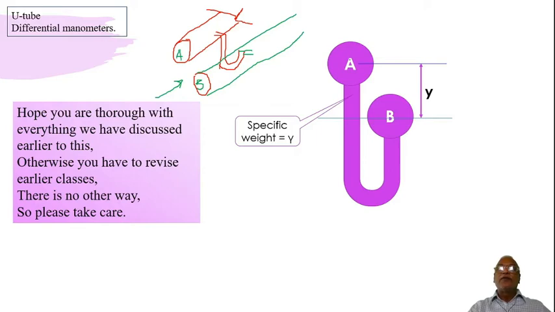Let the fluid that is flowing inside A have a specific weight gamma, and the same with B, and when you connect them, obviously the same fluid will be flowing. The color indicates that particular fluid which has a specific weight of gamma. Okay, now we'll have to identify a point Q which is level with B. We don't have any point level with A here. Obviously, the one which will have a reference, you should identify point Q.